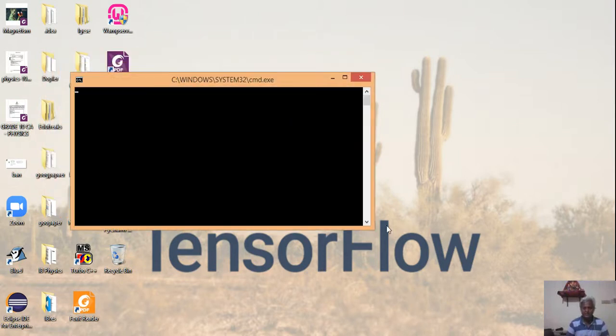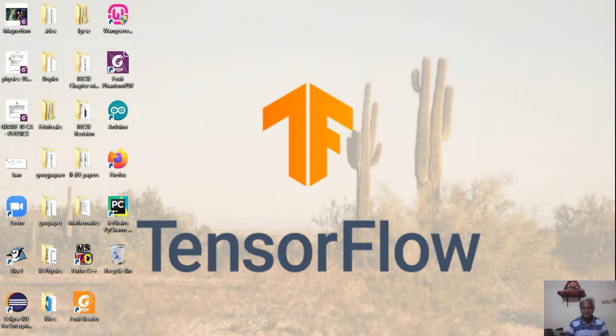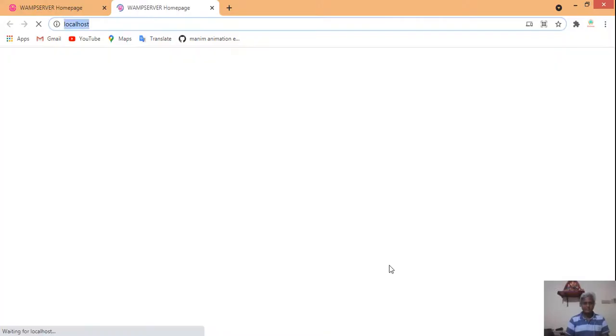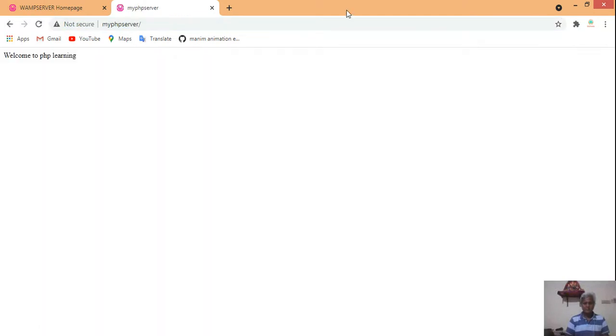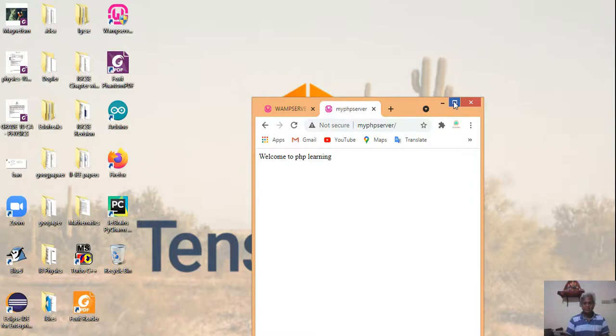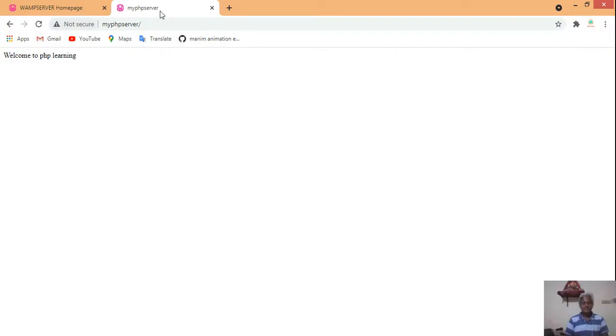It's kind of ready, and there you see it's becoming red now. Sometimes it becomes green automatically. When it is green, it means it is ready to receive the request. So come on, orange, and then it will become green. So here it goes green. Now it is ready. So let me start my server. Here I have my PHP server, and there you see that welcome to PHP learning. So it means it has nothing, it's only the index file that is running now, and then the setup is ready.